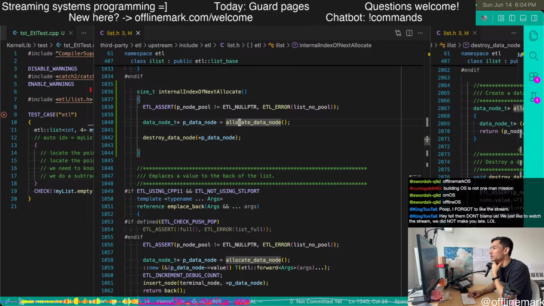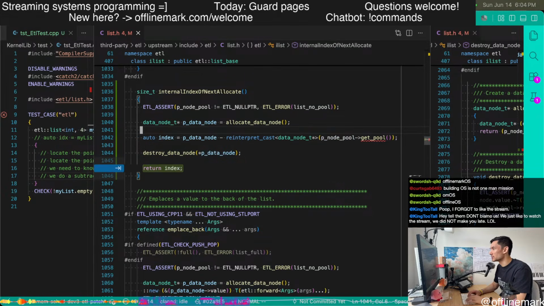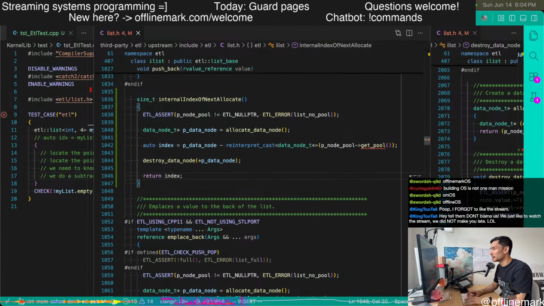We allocate a node, and I mean, is it really just like p data node? I think the AI sort of knows what I want to do. Yeah, it's approximately this.